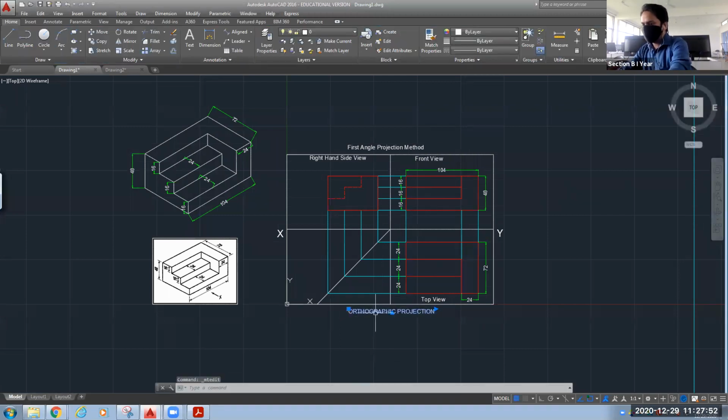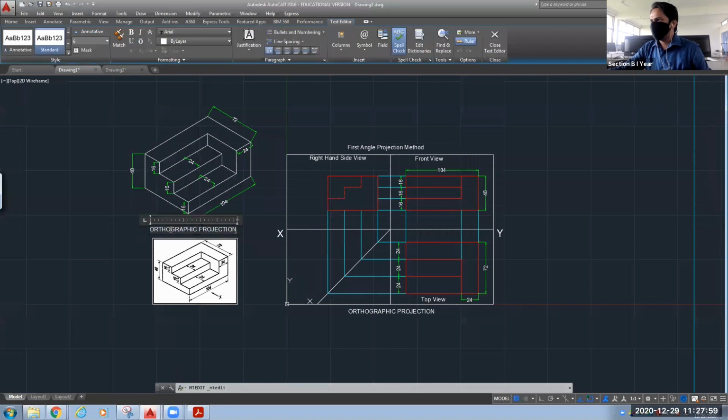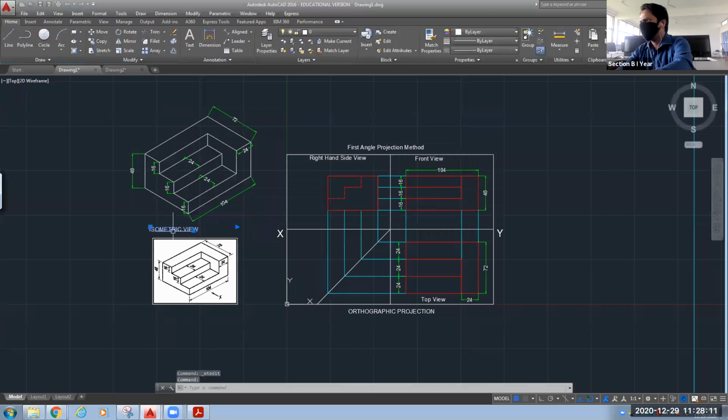Similarly, you can copy this, Control C and Control V. This is your isometric view. I'll make it to the center. Okay. So this is your isometric view.